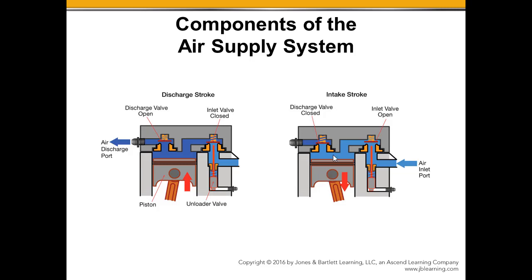Looking at the one here on the right, the piston is coming down, drawing air into the chamber here, into the cylinder. Again, over here on my discharge, I've got a spring-loaded poppet, and the spring is pushing down on the poppet valve. It's on its seat, and as I am drawing down, I am creating a low pressure area here. So I've got a vacuum, or negative pressure, working on this surface